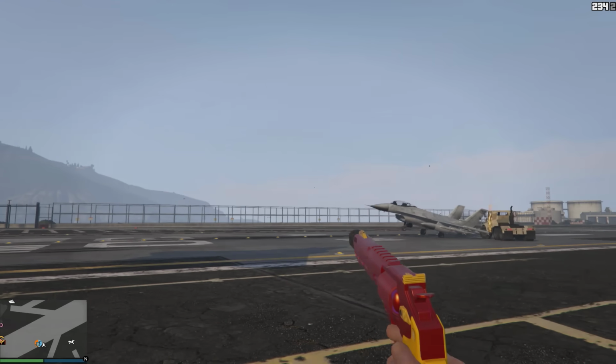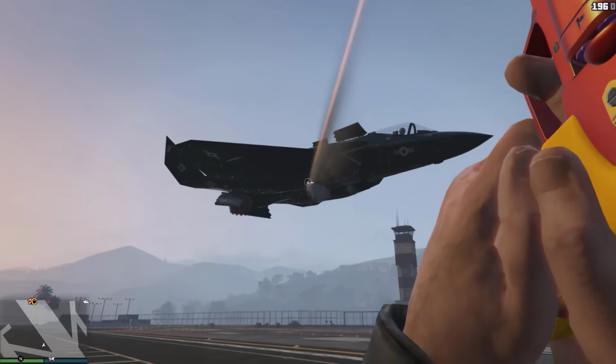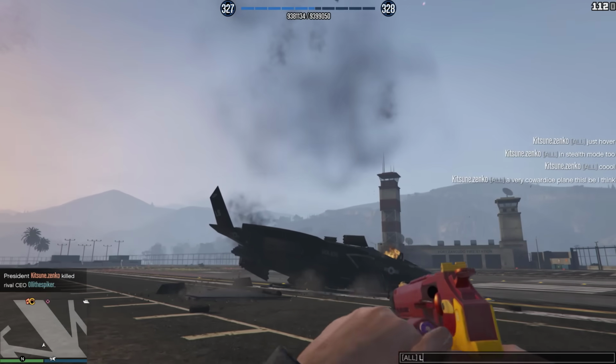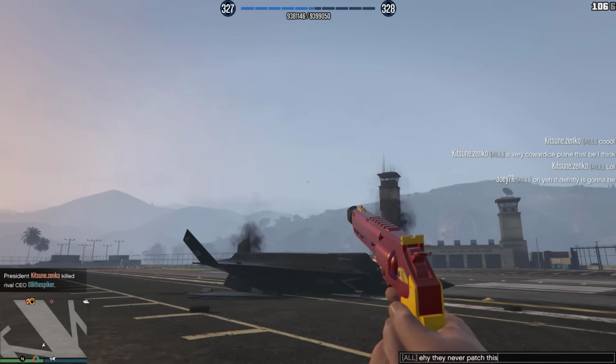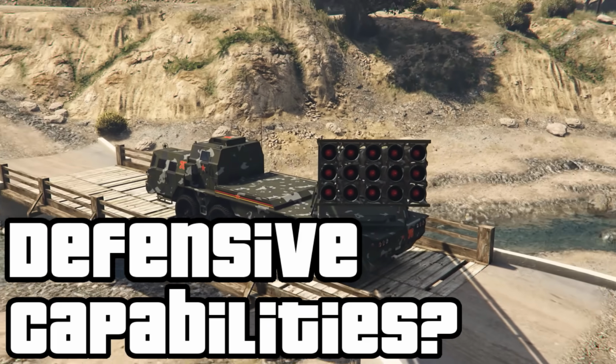Though do keep in mind the players on the ground can just return fire with a glitch revolver, which they still haven't patched! Though to be honest, I actually really like this glitch. Hashtag never patch the revolver. Speaking of defences,